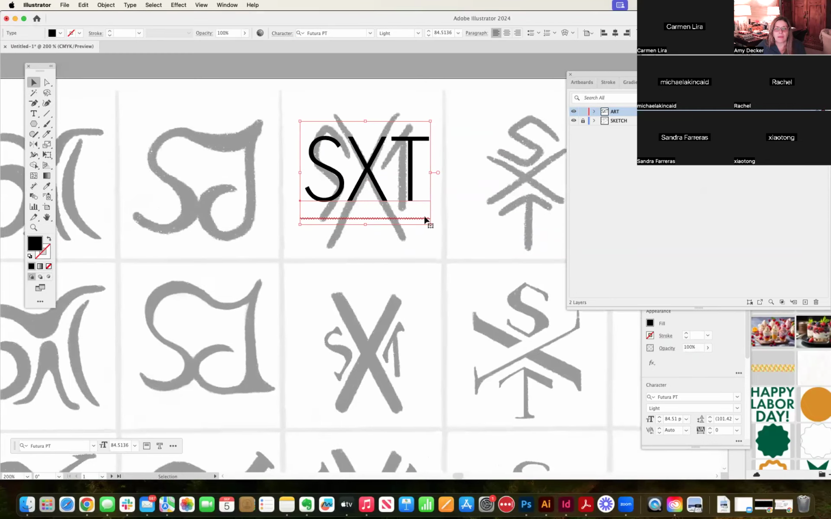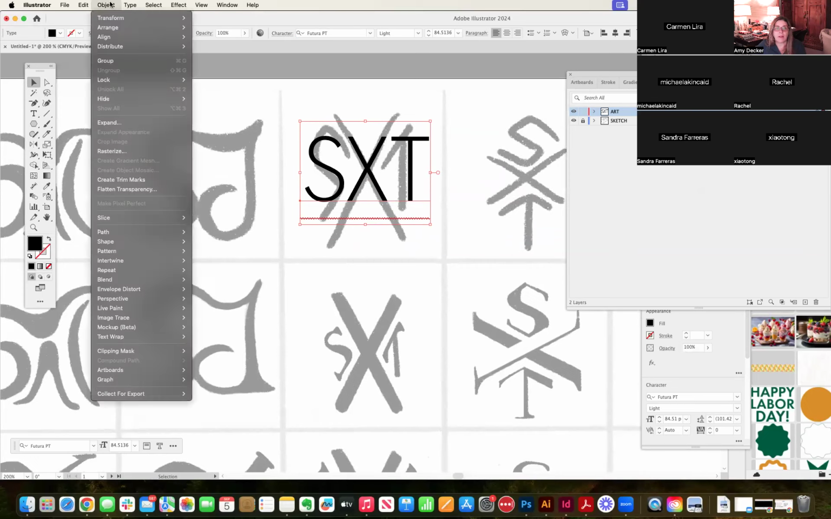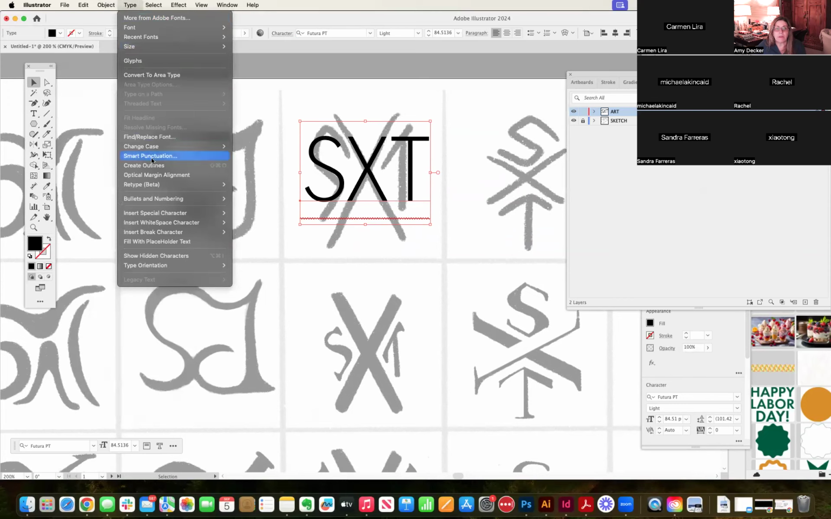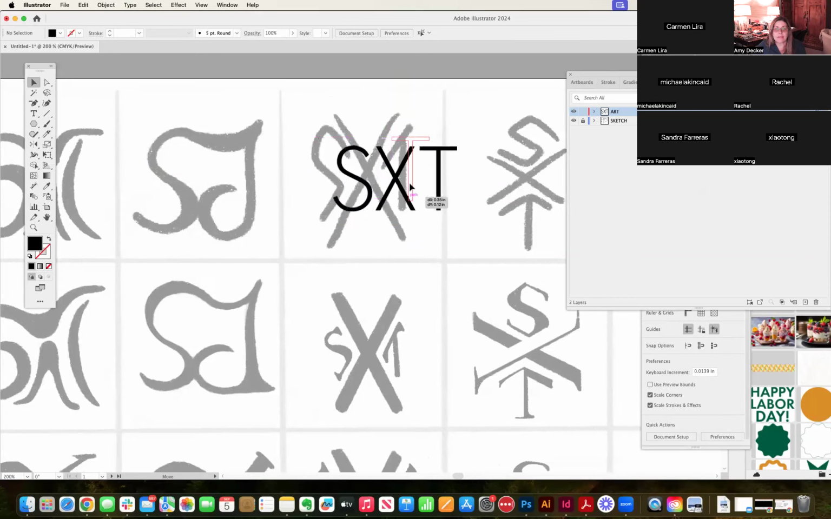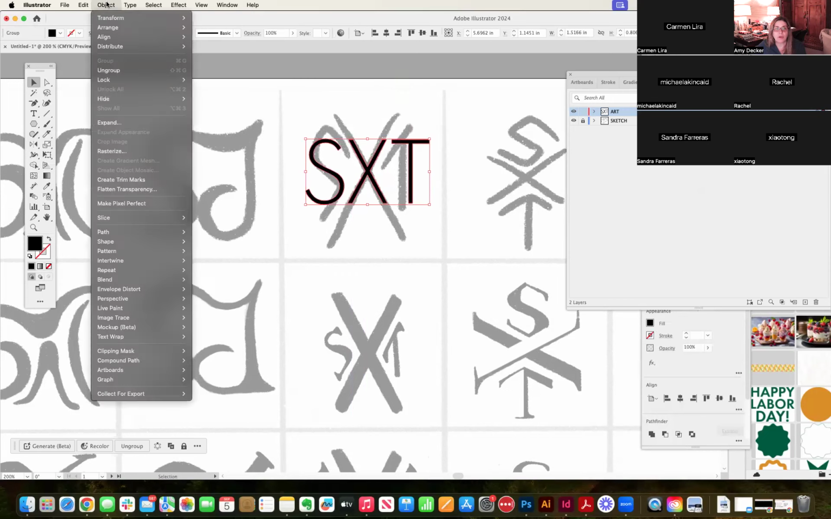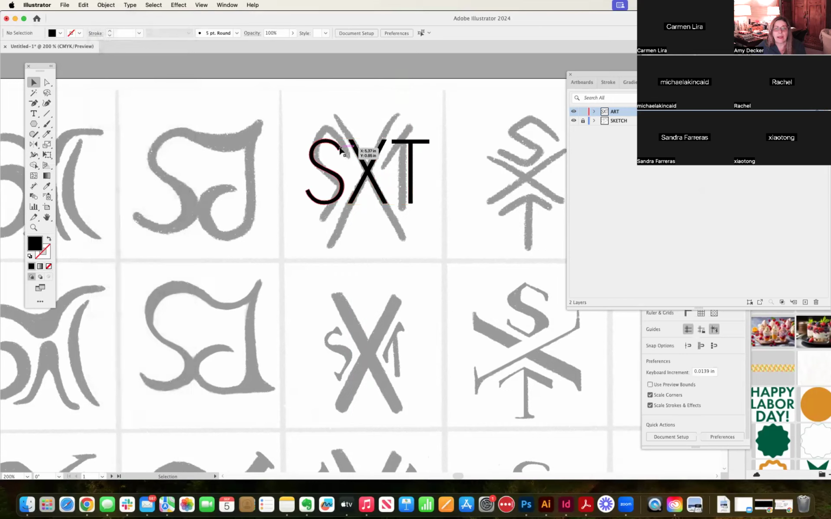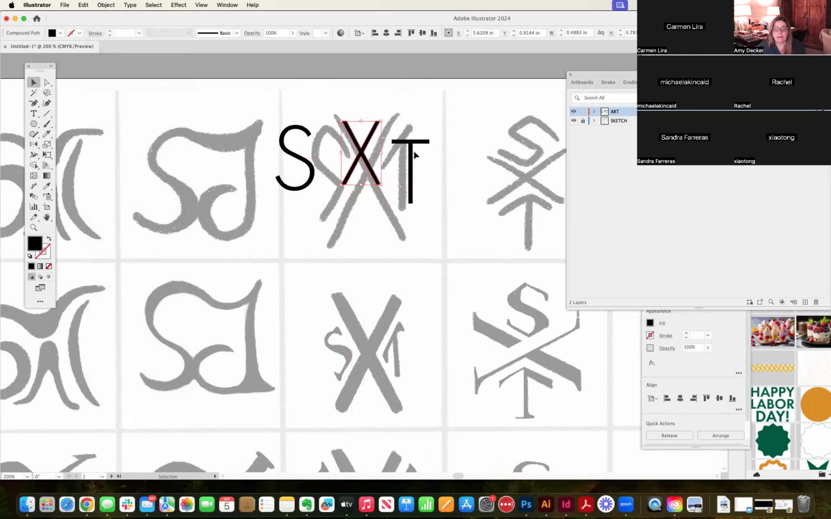So here we have the SXT, her 3 letters. I'm going to go ahead and go to Type, Create Outlines. Now, when you do the 3 letters in one box, they stay grouped. We need to obviously not have them grouped. So all you have to do is go to Object, Ungroup. Now I can move each letter independently. So we have our 3 letters,